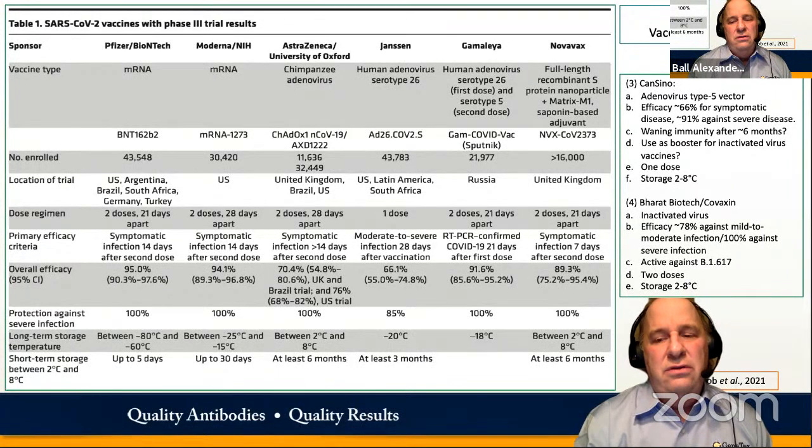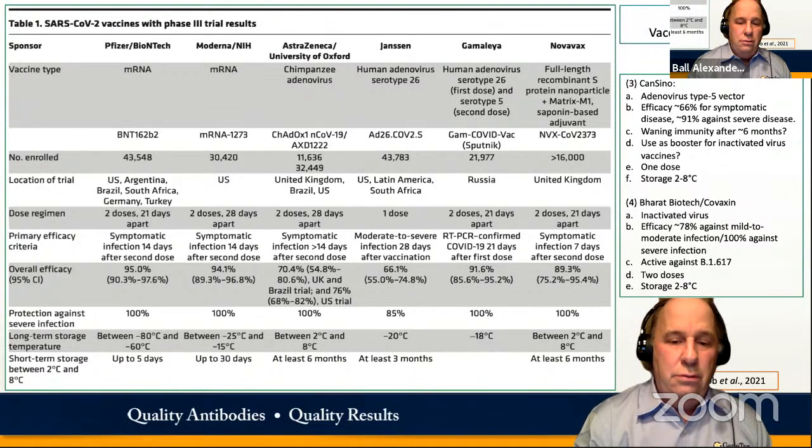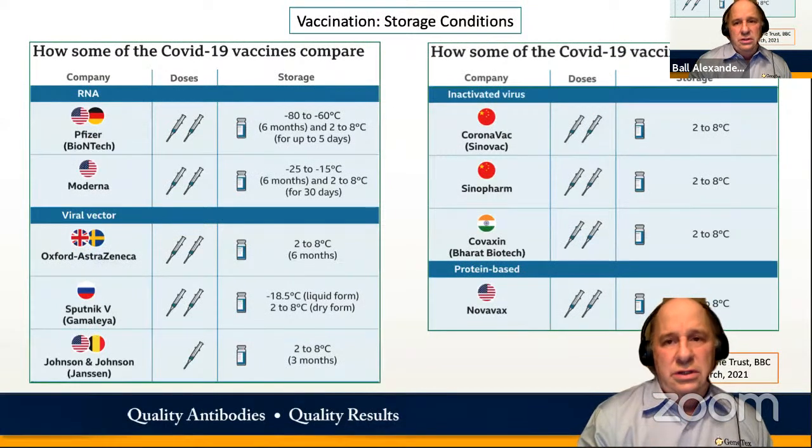So the actual Delta variant is actually B.1.617.2 based on specific mutations. But nevertheless, there does seem to be some activity. There, again, 2 doses and refrigeration temperature. So just as an overview here,